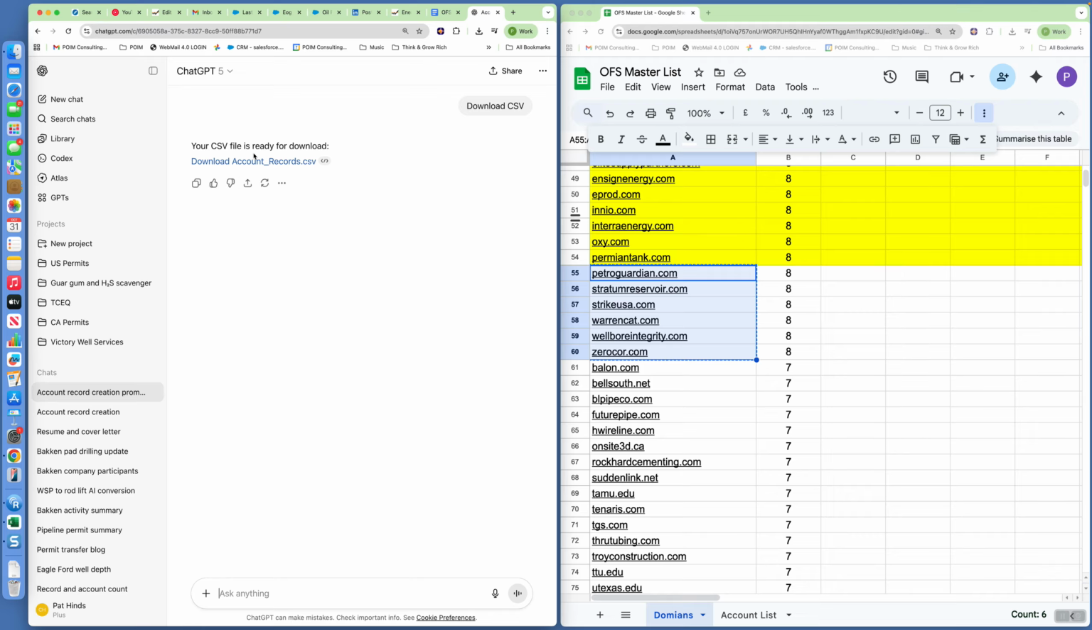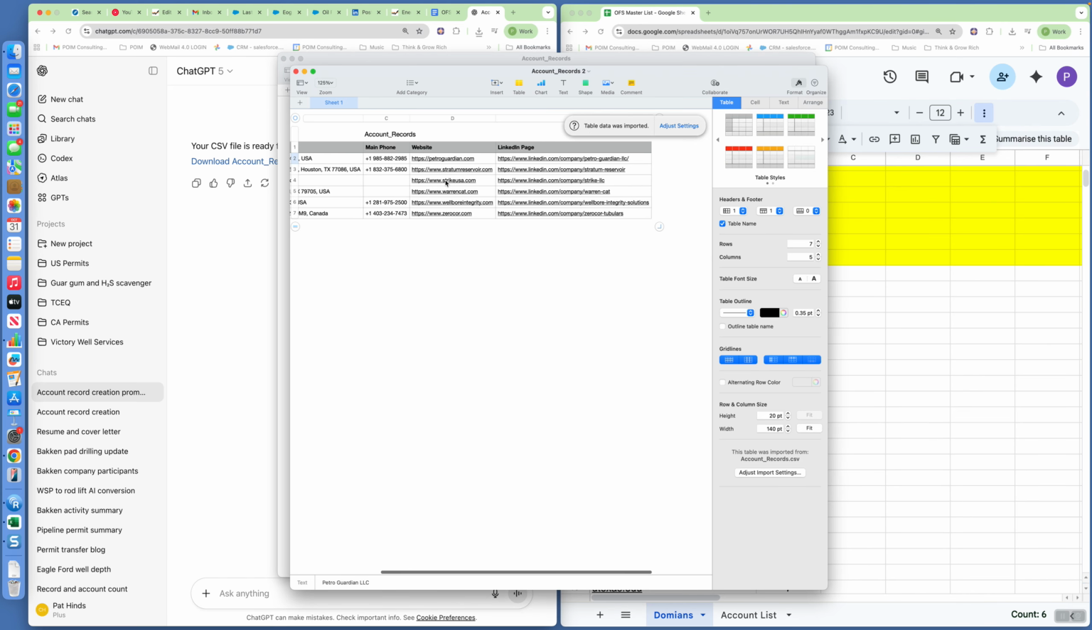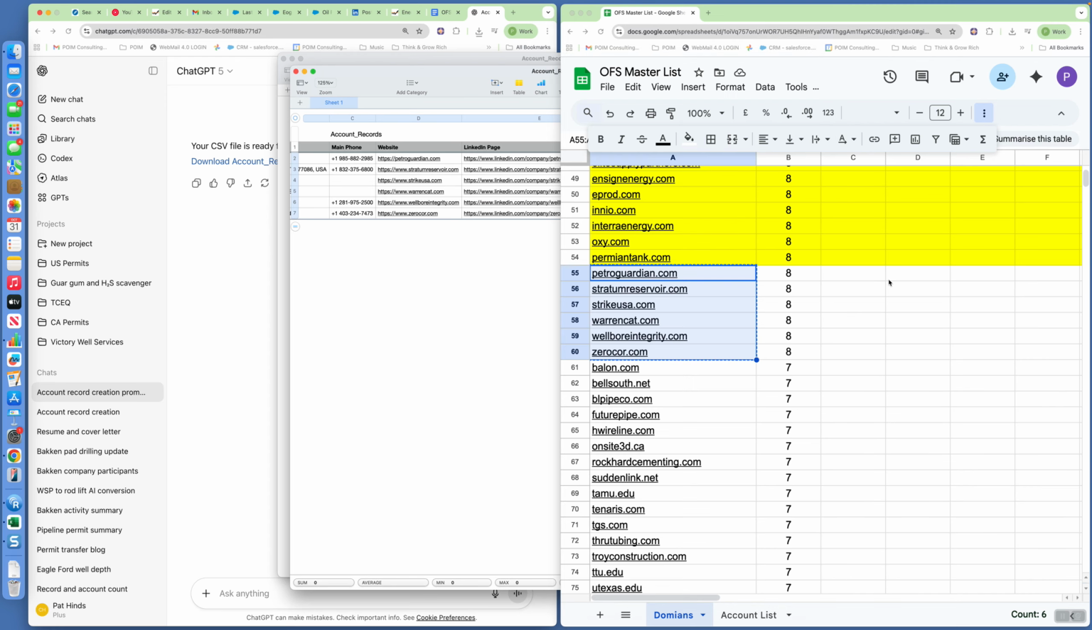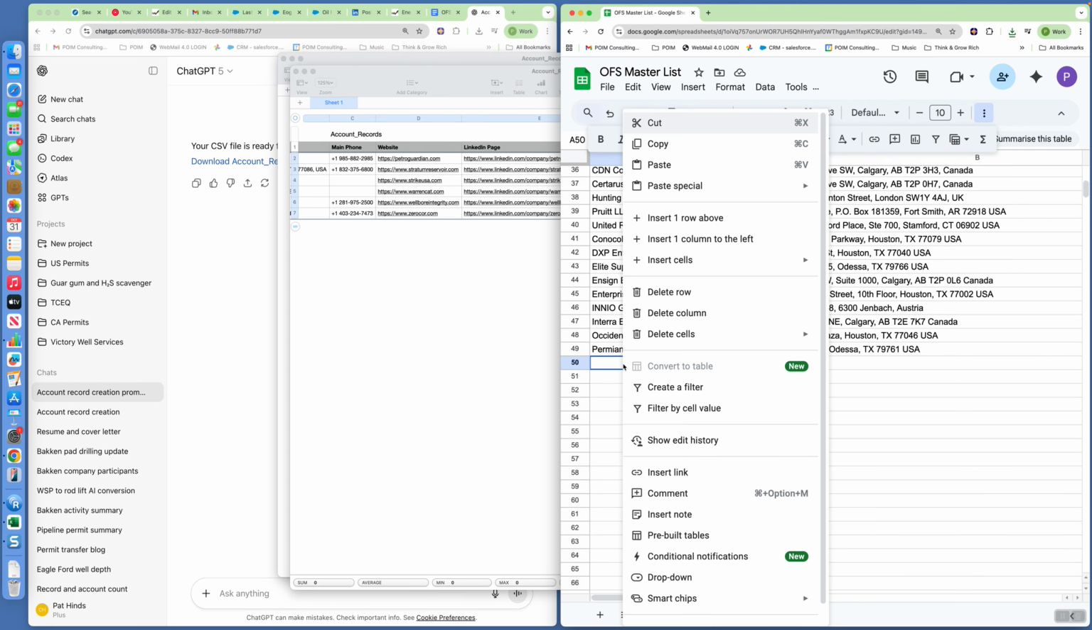Okay, and then I'll click on it because I'm using a Mac. Mine might look a little bit different than yours, which is fine. And then what we want to do is we want to copy it. Yours will probably be in Excel. You can copy it, and then we'll bring it back to this spreadsheet, go to the account list, and then come into the next slot. And then I right click, and then I say I want to do a paste